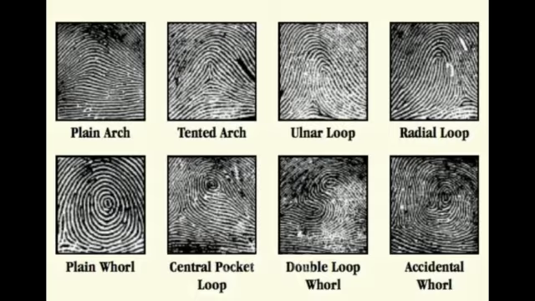It starts on one side of the finger and a ridge then slightly cascades upwards. Second, tented arch. The tented arch lies in the ridges in the center and is not continuous like the plain arch. Third one, ulnar loop. These loops are not very common and most of the time will be found on the index finger. Fourth one, radial loop. The flow of this pattern runs from the thumb towards the little finger of the hand.